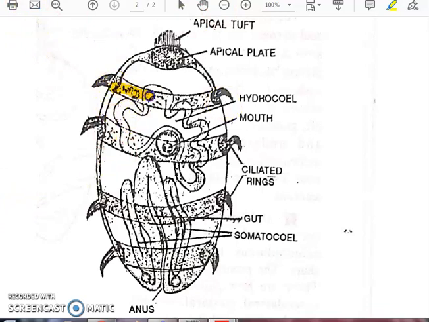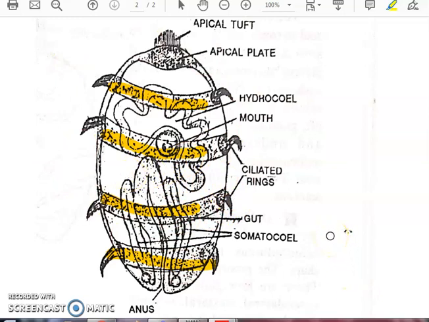So these are the segmented ciliary bands that are present on its body. When the auricularia larva gets elongated and the ciliated band gets divided into 5 or 6 segments on its body, this forms the Doliolaria. This is the structure of the Doliolaria larva. With these modifications, it gets changed from auricularia to Doliolaria larva.